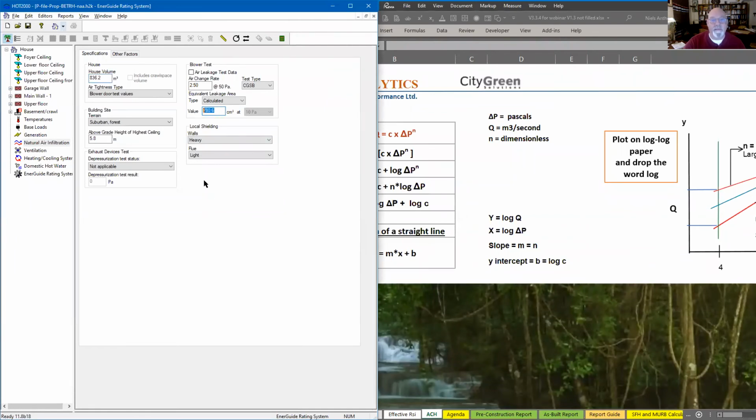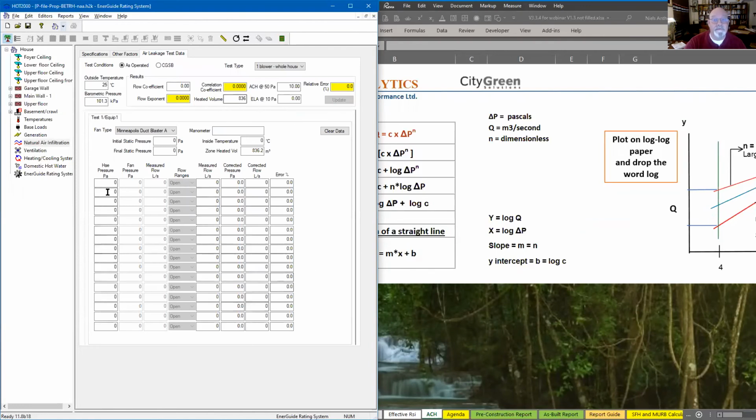And that would be an equivalent leakage area, whole size, equivalent leakage in the whole house of 760. Now, if we go to as operated, this doesn't change. You can try it. It just doesn't change. So before we put in the air test data in here,